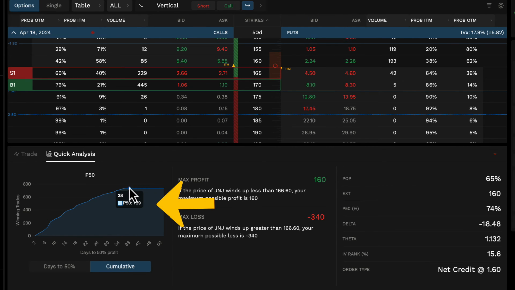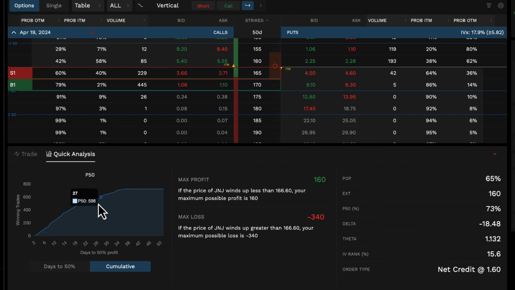And right now, our cumulative here for this trade is 739, or about 740, which is 740 out of 1,000 occurrences. So that means that out of 1,000 occurrences, 74% of the time over these days until expiration, we reached a 50% max profit on this trade at some point. We can see that 74% is tied directly to our P50 number here on the right. So again, you're able to visualize where this P50 number starts to taper off as we approach expiration,